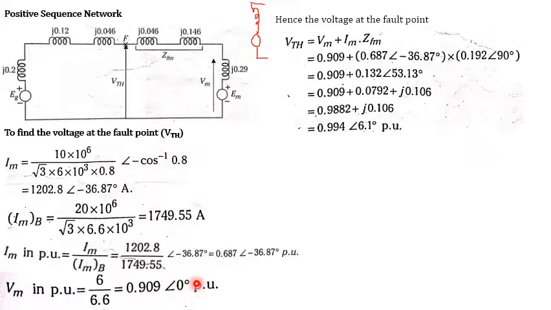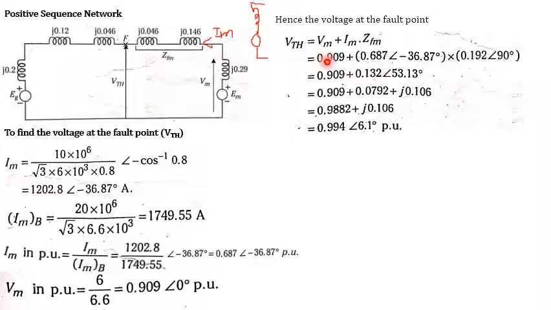So why do we need to do all these things? Because I wanted to calculate the V Thevenin's value at this point. Okay, so here this is the Vm value, and what is the drop across this point? So what is the current which is flowing from the motor side? Multiply these things, Im into ZFM, add the Vm value, and we will get the V Thevenin's value. Okay, to calculate this V Thevenin's value means the fault voltage at the fault point. Okay, where is the fault point? At the middle of the transmission line.